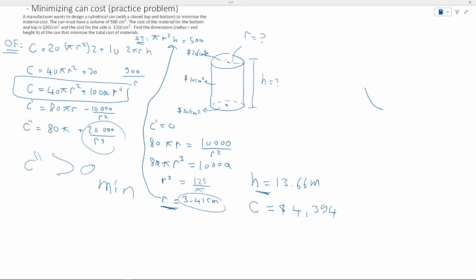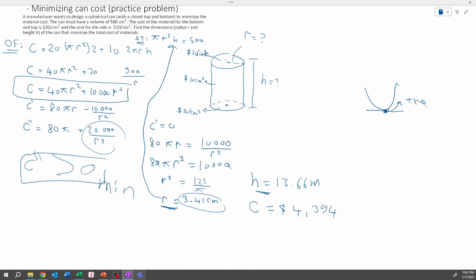Because at the minimum, the slope here is 0. But just a little bit to the right, this is going up, so you have a positive slope. Positive slope means that you are curving up. Curving up means that you are at a minimum, because you are at a minimum, then you go up. Okay, so that is it for this guy, and see you in the next